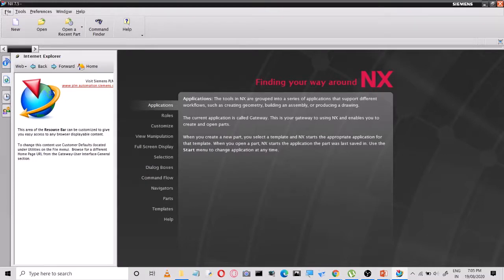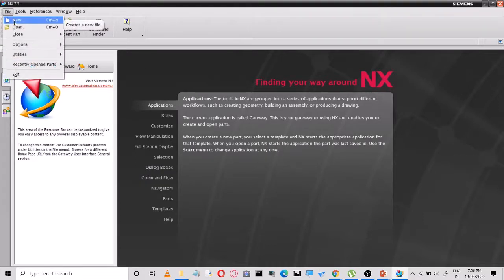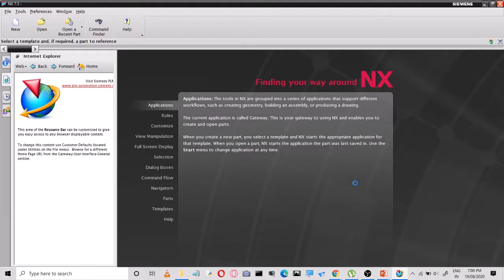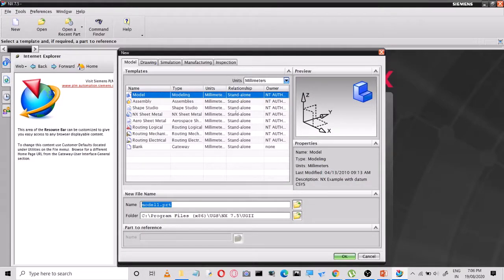So now I'll go for the creation of a file. In that you can look out what are the different options available to make in Sketch. Now File, New. Okay. So if you want to go for millimeter, you go for millimeter here in units. If you want to go for inches, then you go for inches. So let us go for millimeter.